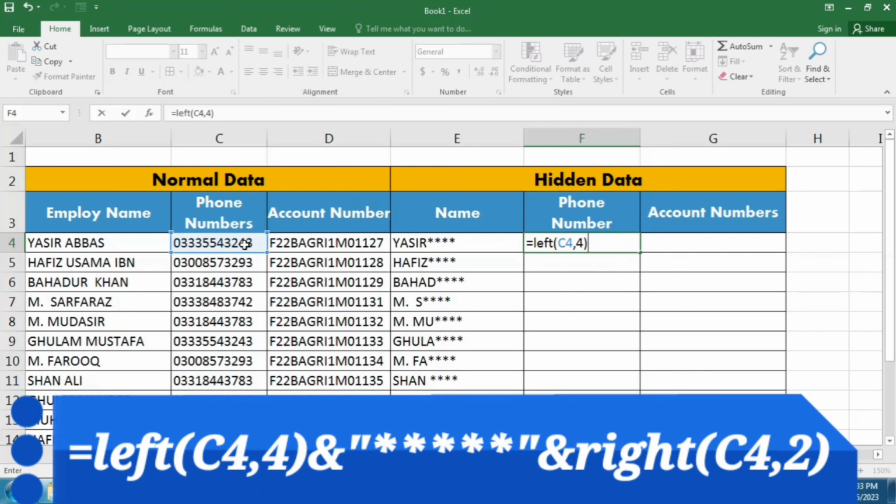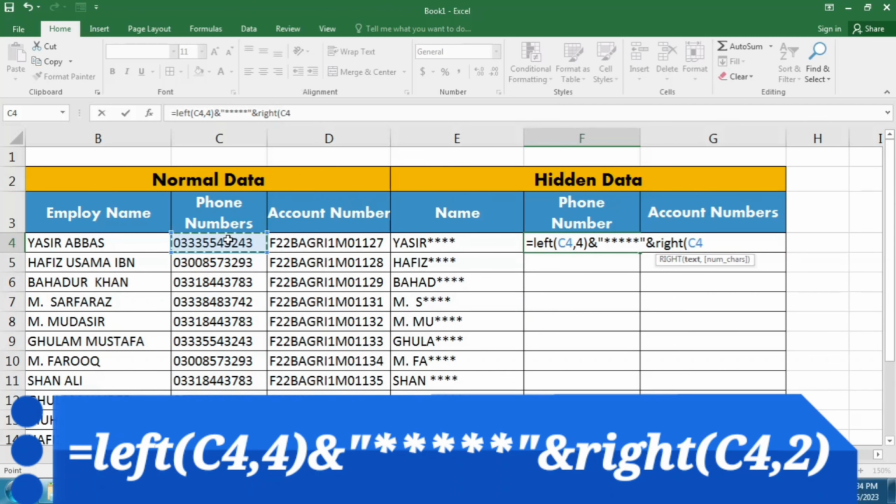After this I close this bracket and then I have to write an ampersand, and now I have to write the stars for the characters that I want to hide. So I want to hide 5 characters, so I write 1 2 3 4 5 stars, and then the inverted commas are closed. Then again I have to write an ampersand and this time I have to write